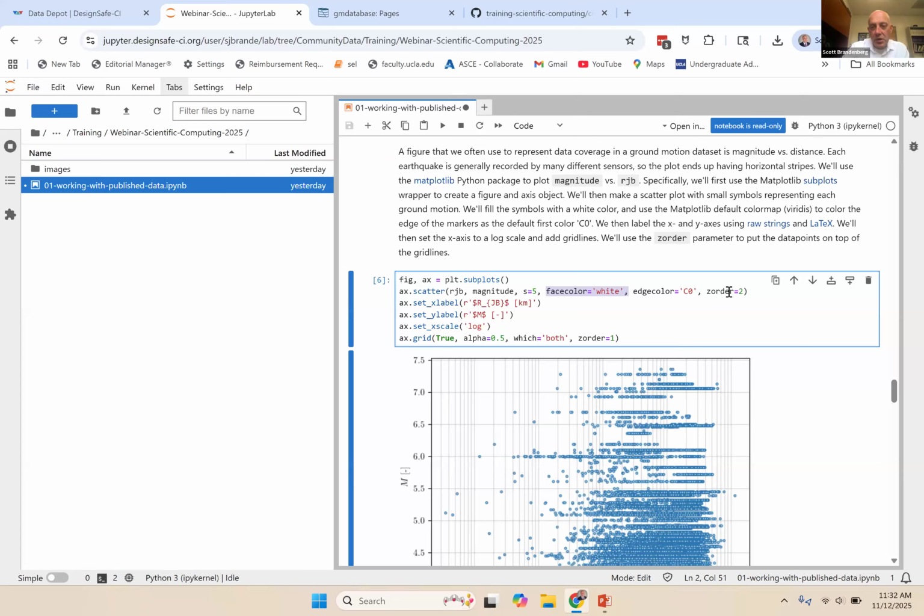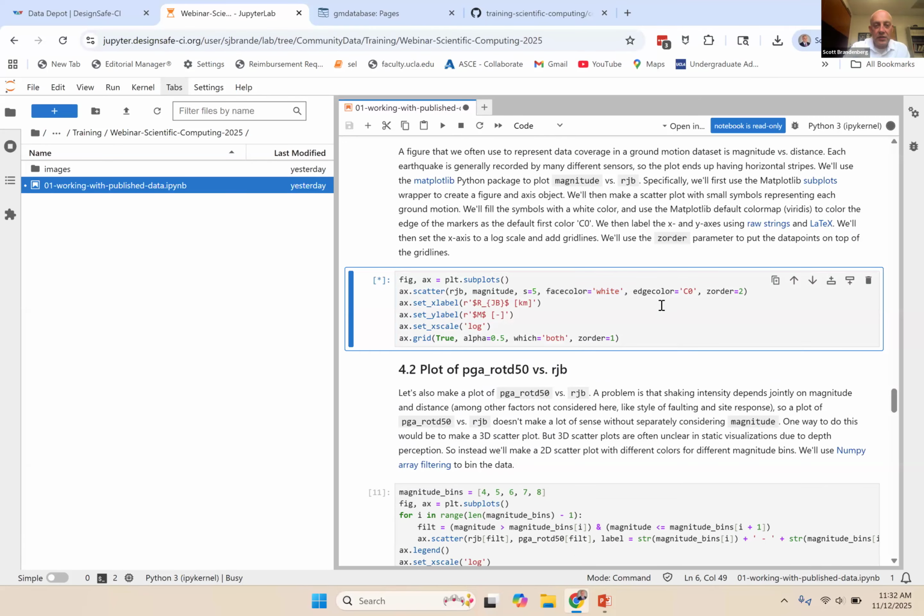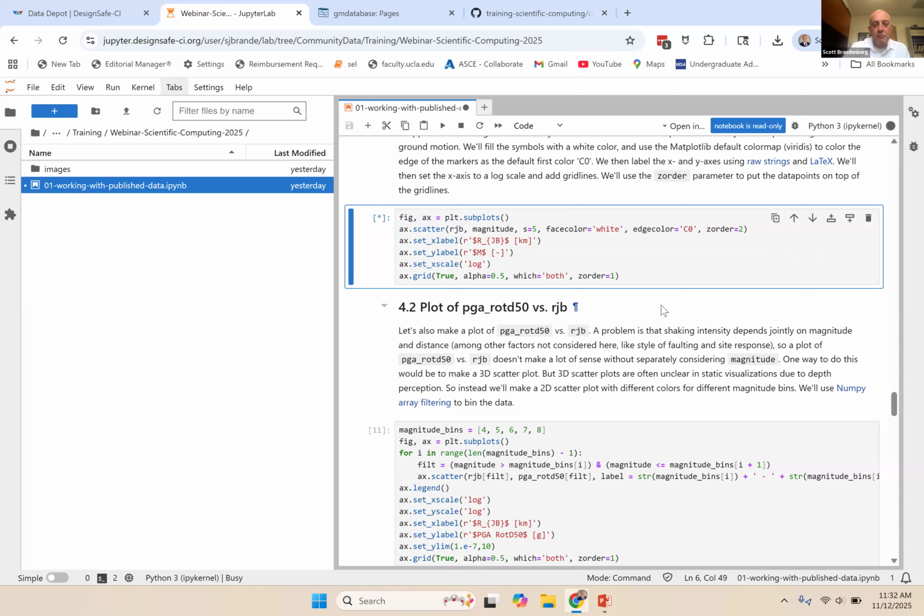And I'll make the symbols appear on top of the grid lines. If I define the grid lines here after defining the scatter plot, by default, the grid lines appear on top of the data, which usually doesn't look very good. So I'm going to make the Z order 2 for the scatter plot and only 1 for the grid lines. And that way they'll show up on top of each other. If I run this one,